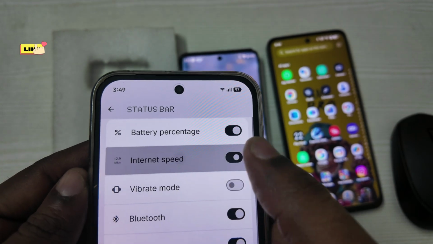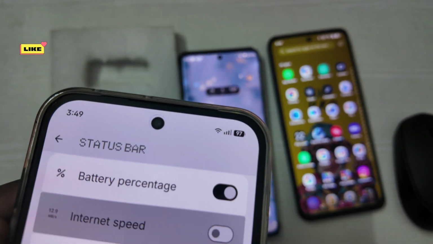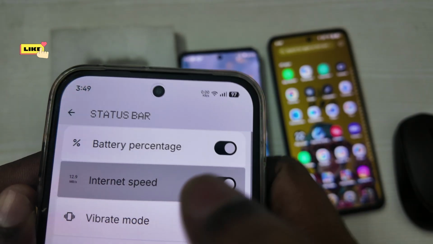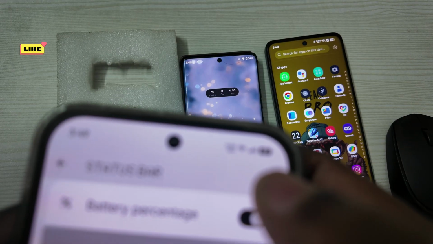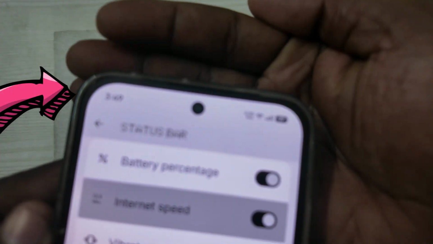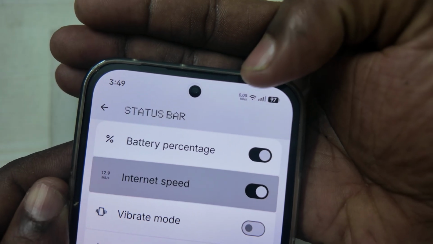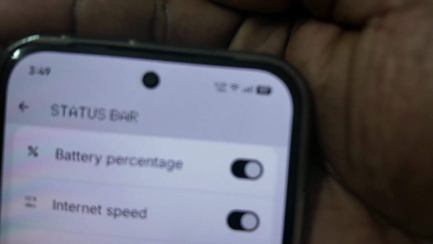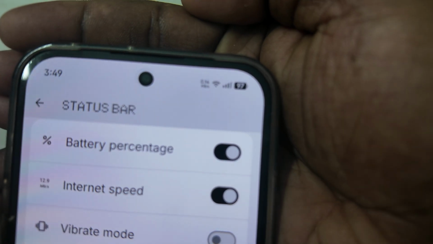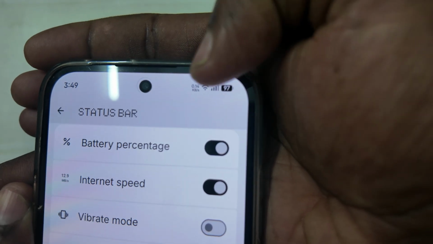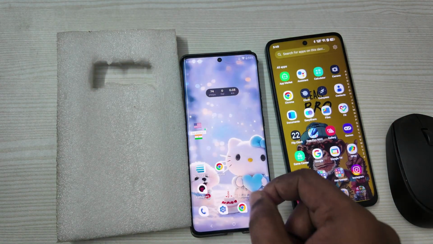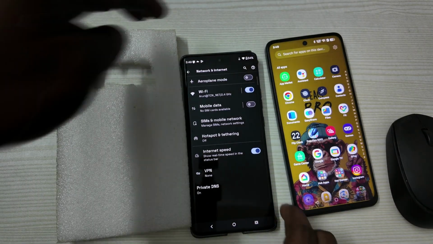By default this will be disabled. When you disable this, there won't be any network speed showing up. When you enable this, immediately the network speed will show up. See here, whether it is clear or not. Yeah, here it is showing up. Okay, I'll keep this aside. Now we'll go for this